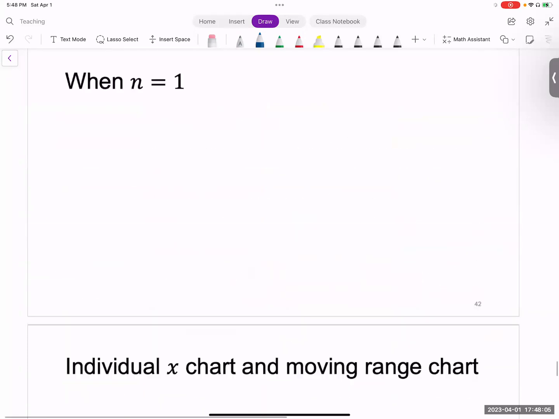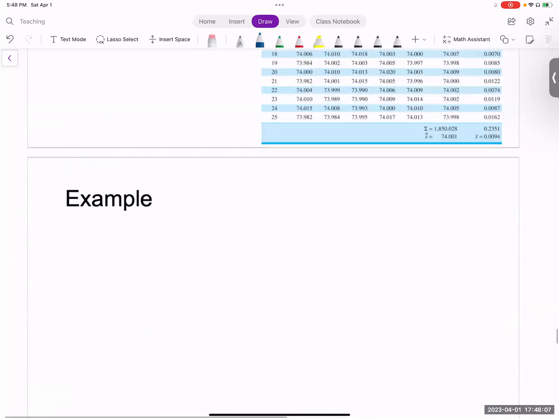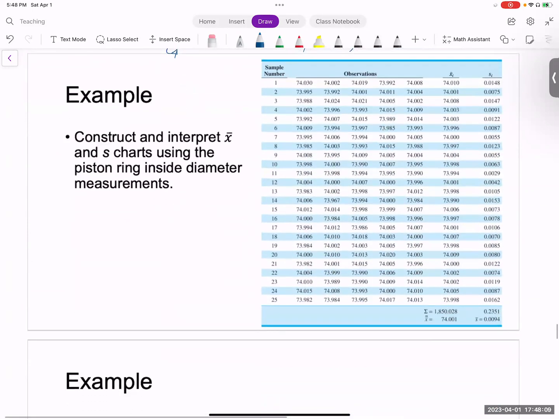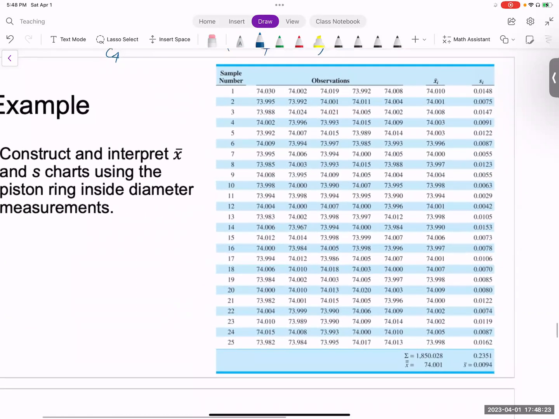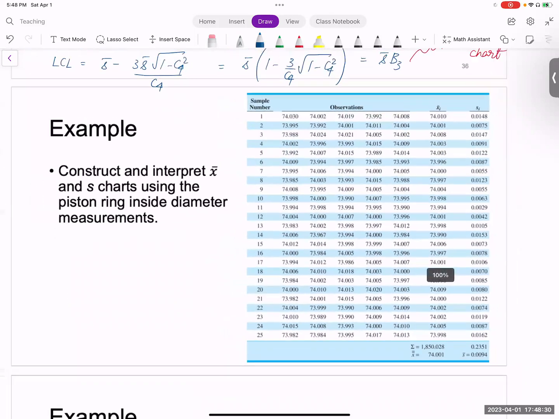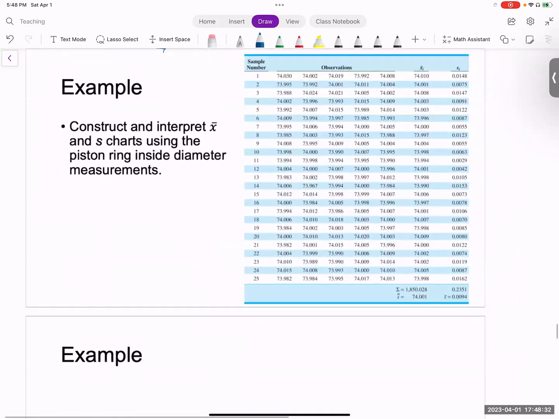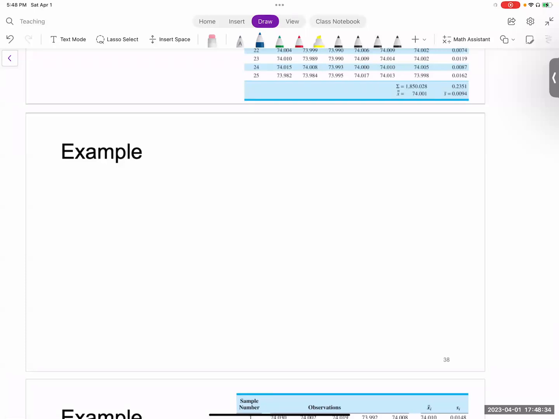All right, now let's go back and do a couple of problems based on what we have just done. This question is asking you to construct and interpret an X bar and S chart using the piston ring inside diameter measurements. You have 25 samples in this table, and for every sample, you have 5 observations. We're asked to construct an X bar control chart and an S chart. So let's look at this. Your X bar control chart